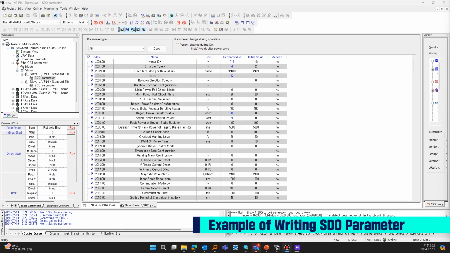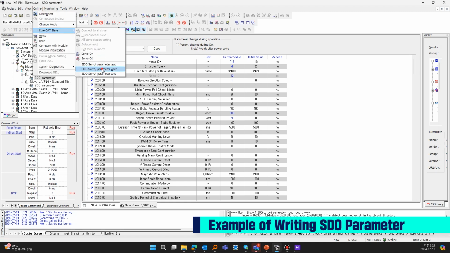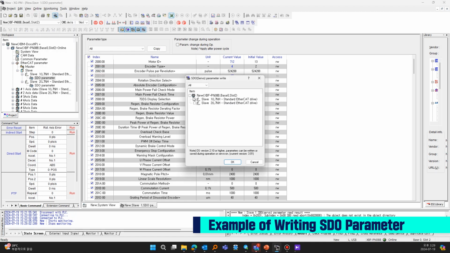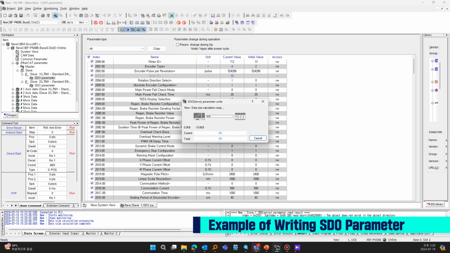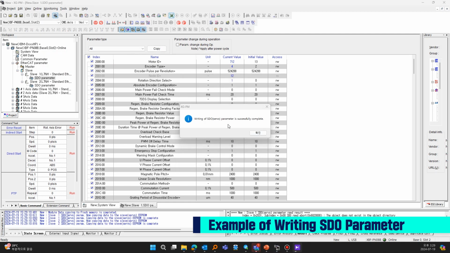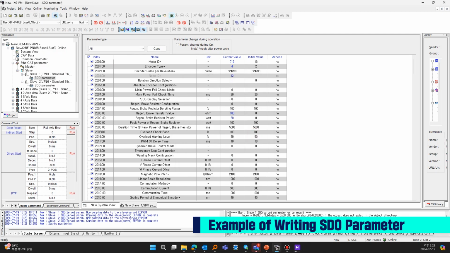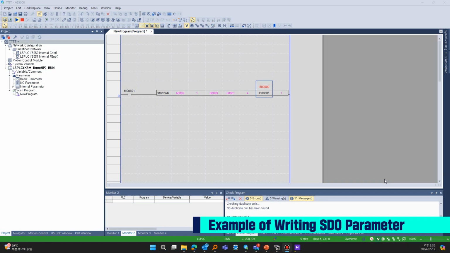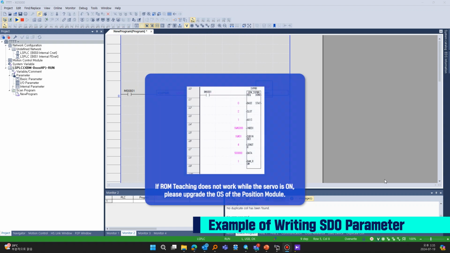Finally, let's see an example of writing SDO parameters. As mentioned previously, when you click SDO parameter write, they are written to servo drives. Next, it is the way to write it with programming. It uses the